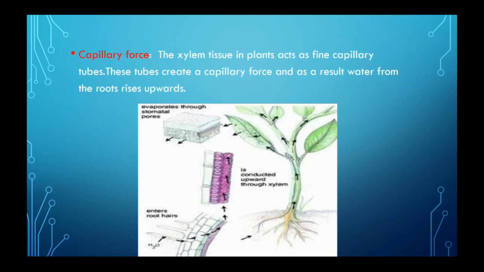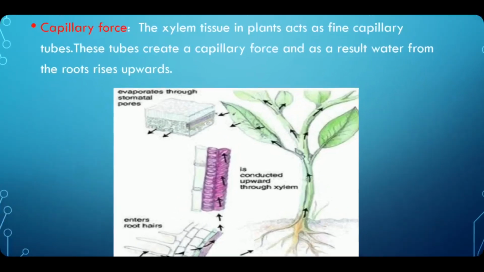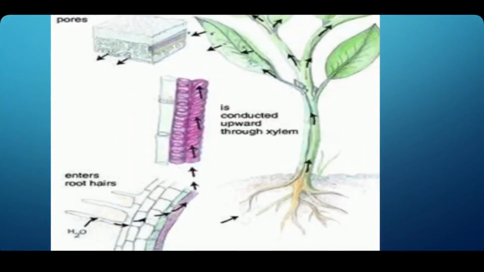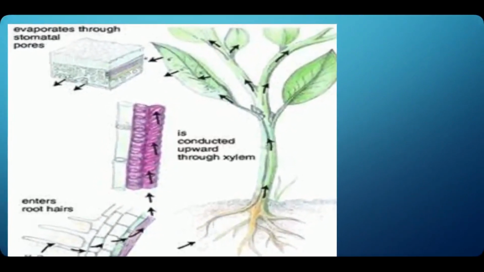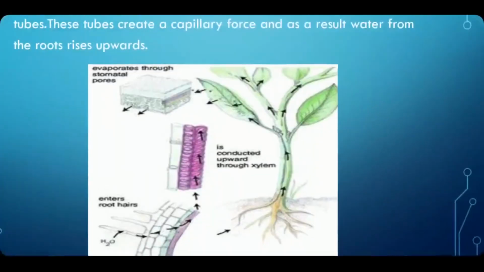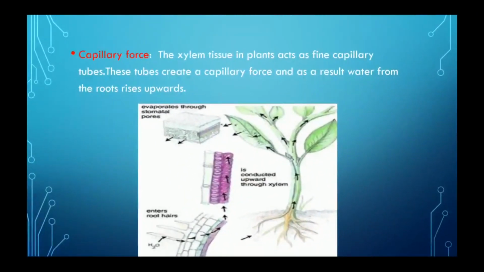So these are the two concepts given by some of the scientists. But still, the question is whether this happens in the tallest trees. Is this pressure capable or efficient enough to make water reach the tallest trees also? In this picture, let us see how water reaches. The xylem tissues are in contact with the roots, and then water reaches the upper part of the plant. But still, my question is not answered. Keep the question in your mind. Let us see the next topic.